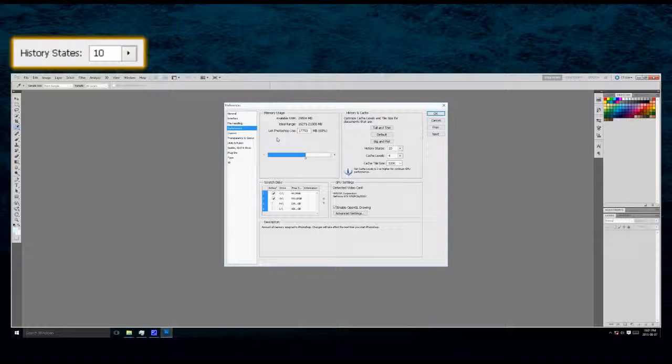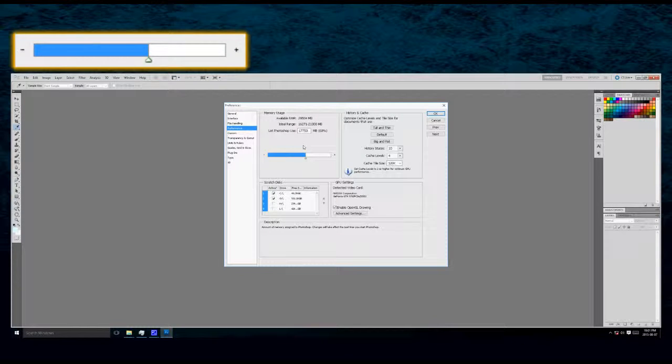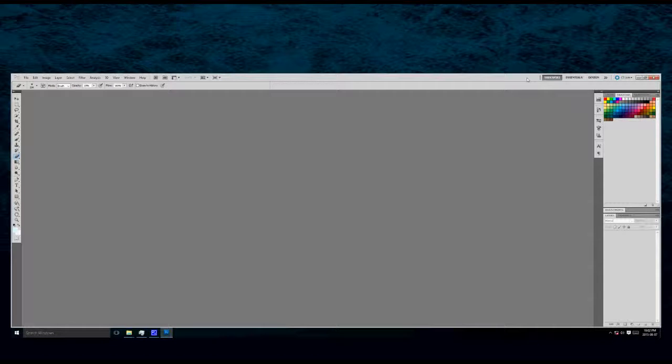You can also allot how much you want Photoshop to take of your resources. So that's also going to be a key thing. So between these two things, it'll help speed up Photoshop a lot and also help customize your Photoshop interface a lot more. I'll show you quickly also how to save a new workspace, just in case you're not sure,